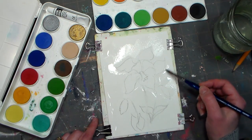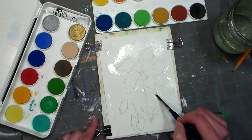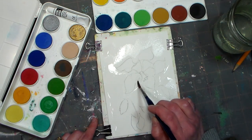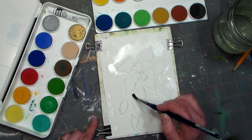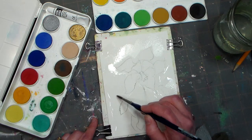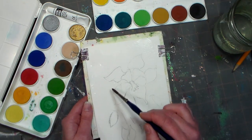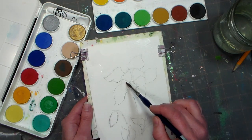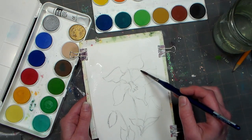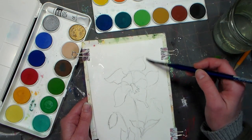So, and that's interesting. If you're an acrylic painter and you've wanted to try watercolors, you can use your acrylic brushes for watercolor. Although I would not recommend, if you're a watercolorist and you want to try acrylics, that you use your watercolor brushes for acrylics. Acrylics are very tough on brushes. You're not going to hurt your acrylic brushes with watercolor, but you will hurt your watercolor brushes with acrylic. So just keep that in mind if you've been thinking about dabbling in some of the other